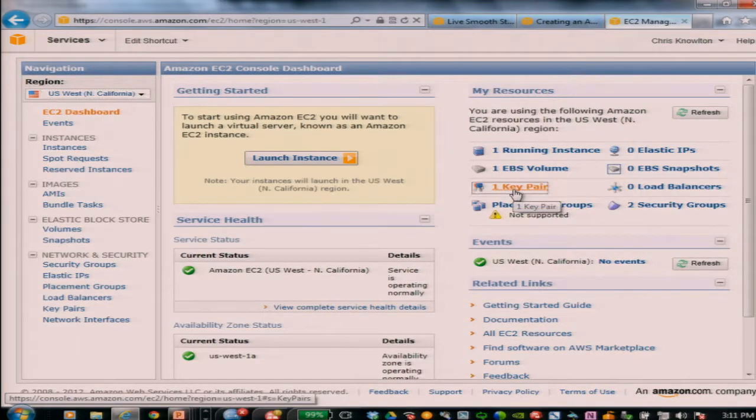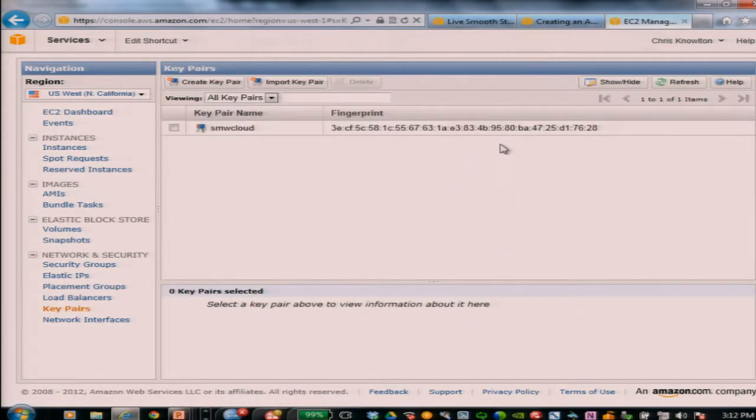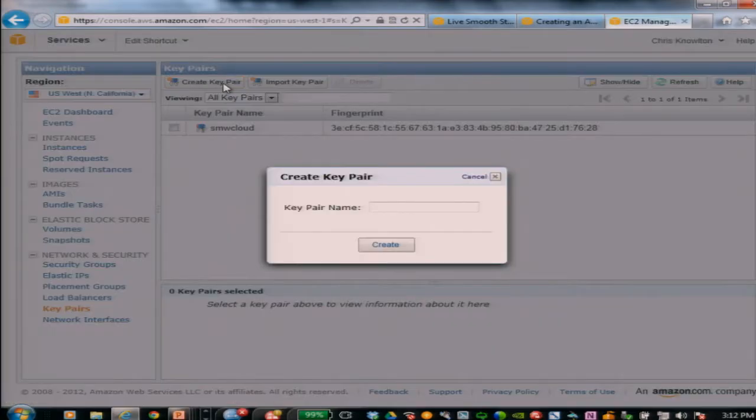Now I already have a key pair. I'm going to click on the key pair just to show you. Here's my key pair. So it's already created. I don't need to create one, but if you wanted to, you would just click on the Create Pair box,